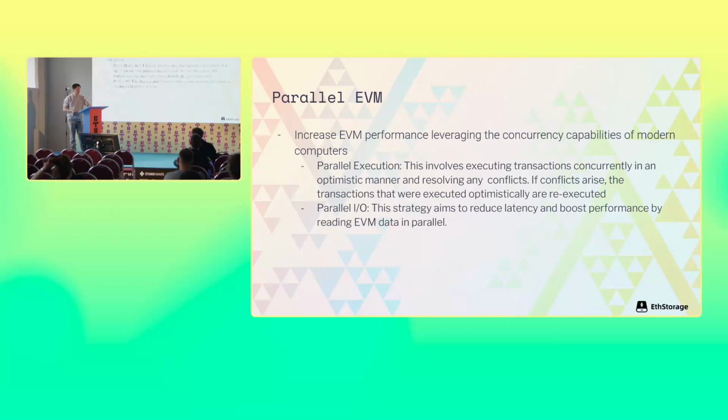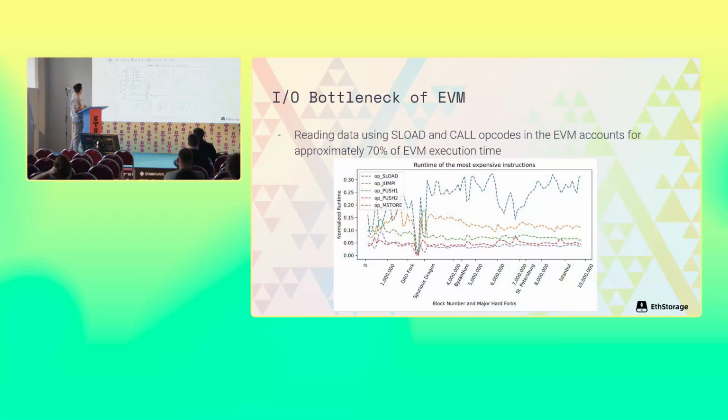performance using some technologies. So why do we want to study or accelerate the I/O of Ethereum? Here is a really nice chart from Flashbots that shows the major normalized runtime used in the EVM execution. This is using mainnet data, so you can see the corresponding block numbers. They list a couple of the major opcodes, and the last one here is called SLOAD, which is basically reading 32 bytes of data from Ethereum by a given key. For example, I read a user's balance, or read the ownership of, for